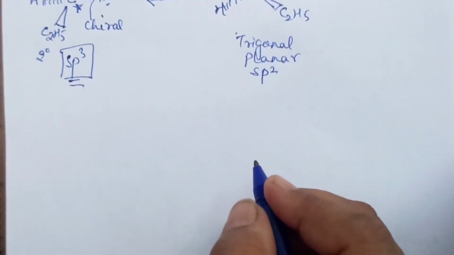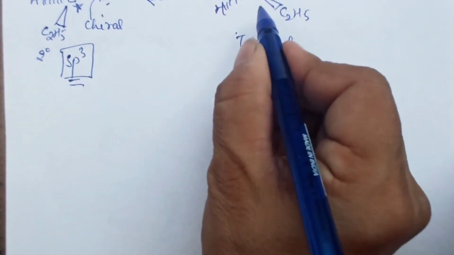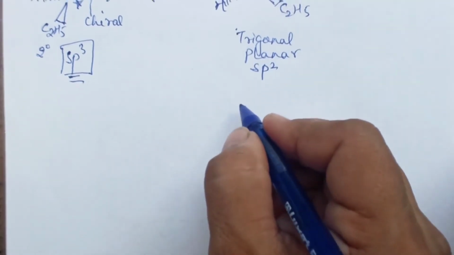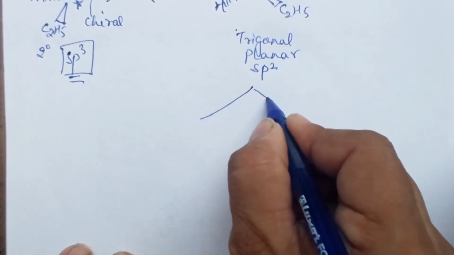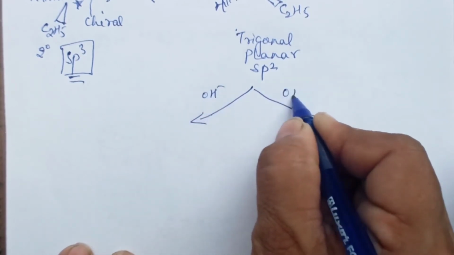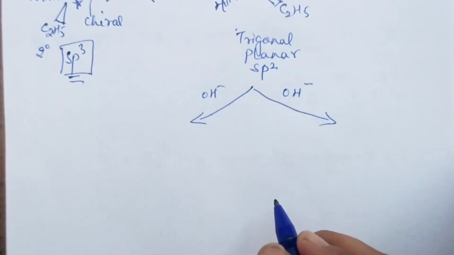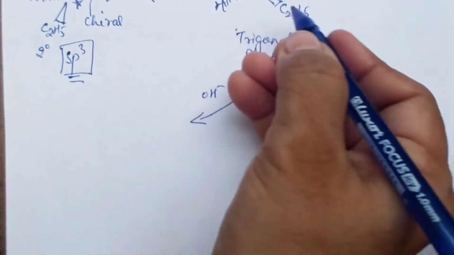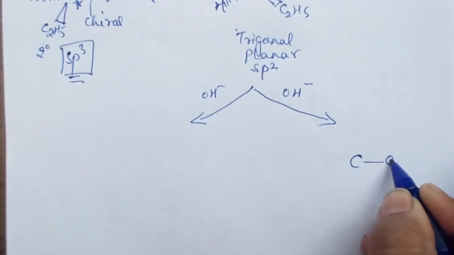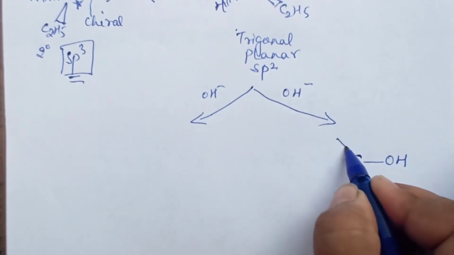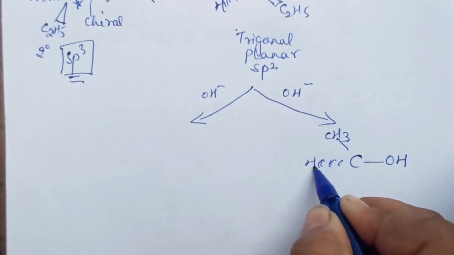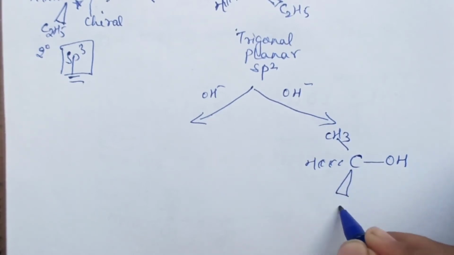So now what will happen in the next step? If I write this is attacked by a nucleophile, there are 2 possibilities, children. There will be 2 possibilities when this is attacked by, say, the nucleophile OH minus. Either if it is coming from the top side only, what will happen? On this carbon, instead of Br you will have OH, here you will have CH3, this side you have H, and this side you will have, say, ethyl group.